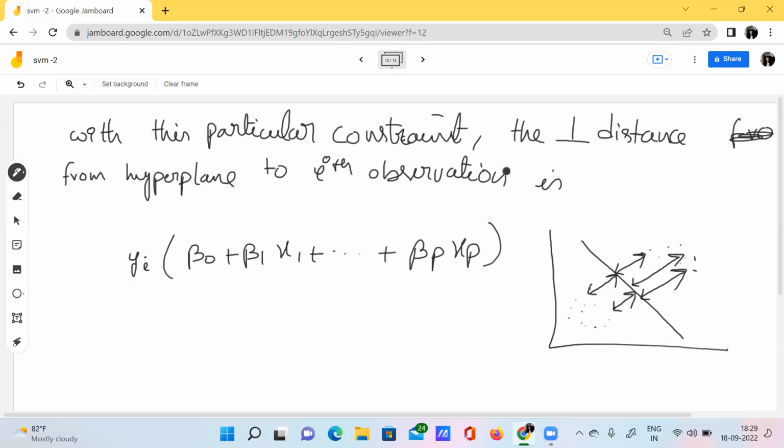So here I have said the constraint, this particular constraint, right? So what is meant by the constraint here? Actually, see here, I'll explain.